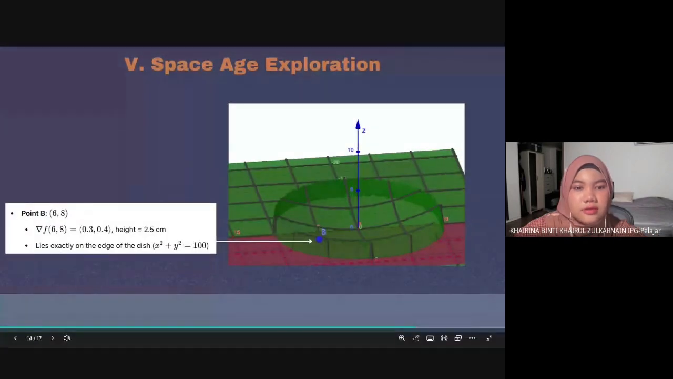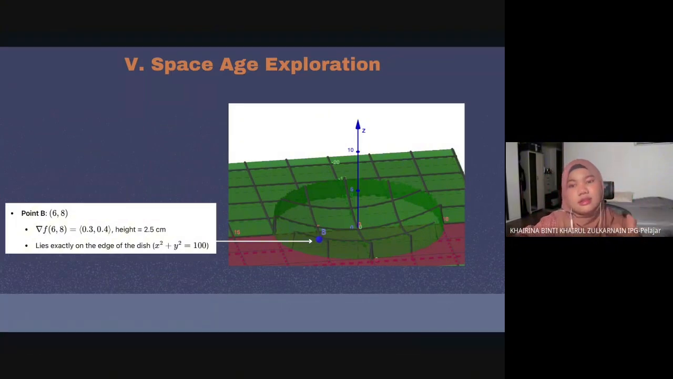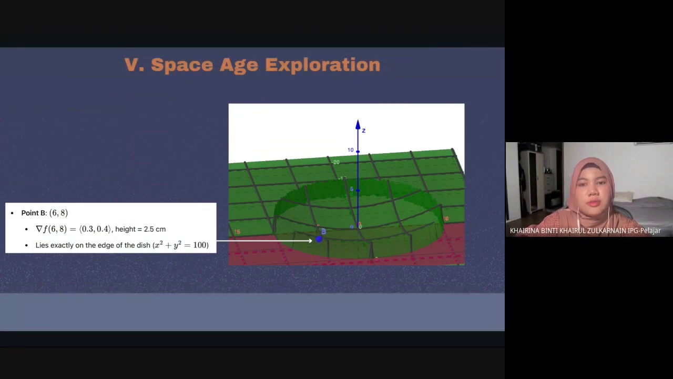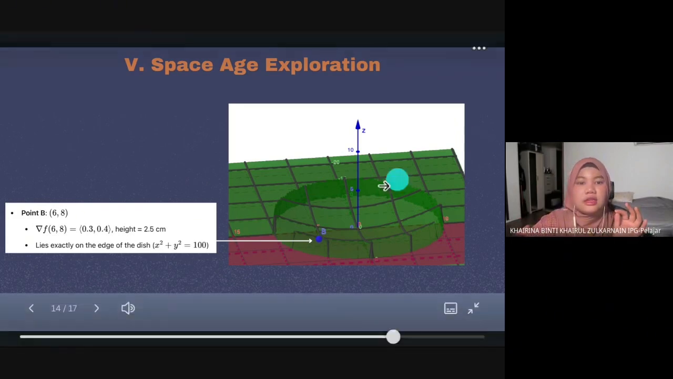Okay, now let's apply this to one point here, point B, which is x is 6 and y is 8. And then after substituting into the function, we will get 2.5 centimeters. So the height is 3.125. At point B, which is x = 6 and y = 8, we get a gradient vector and height of 2.5. Which means point B lies exactly on this dish